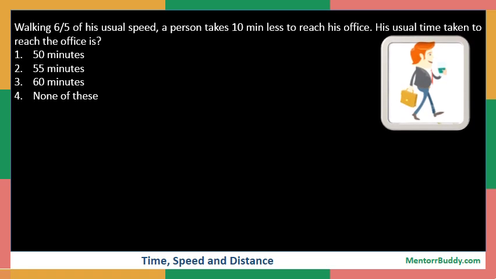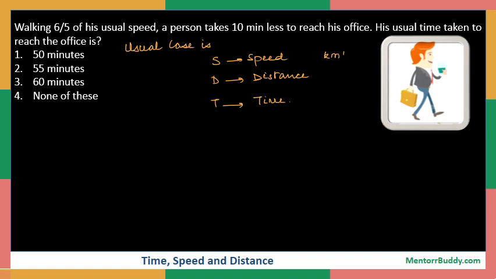First of all, we will assume that the usual case is: his usual speed is s, that is speed, usual distance traveled is d, and similarly the time taken usually is t. Let us assume all the values are in kilometer and the